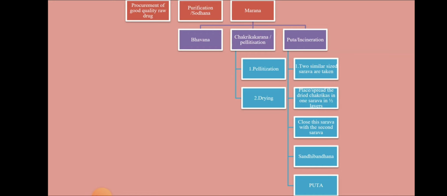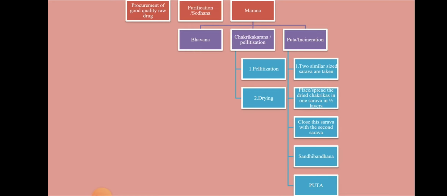After the complete drying of the Chakrikas, you have to take them for the Puta or incineration process. For the Puta, two similar sized sharavas are taken. In one of the sharavas, we have to spread the Chakrikas in a uniform manner in 1 to 2 layers, maximum of 3 layers.